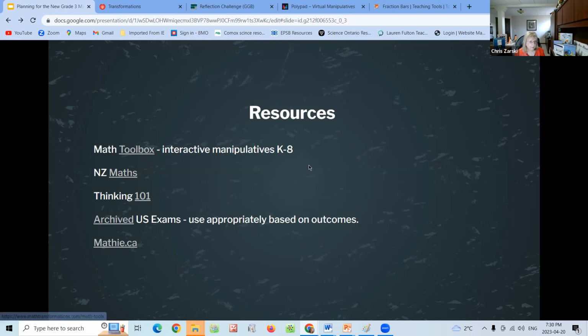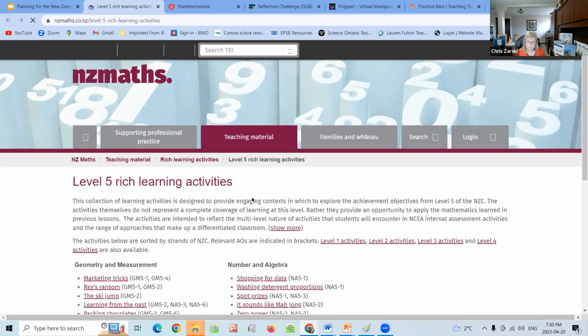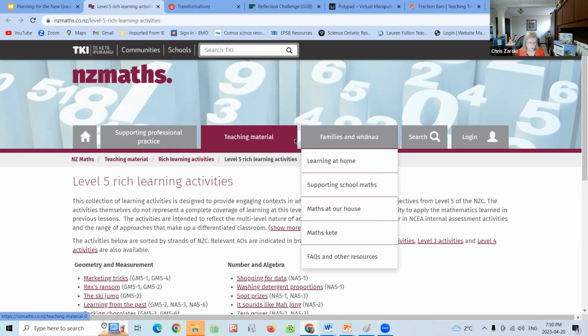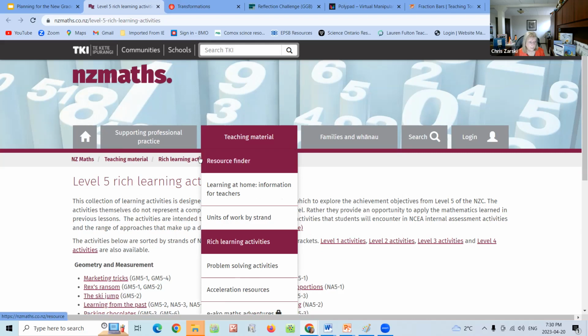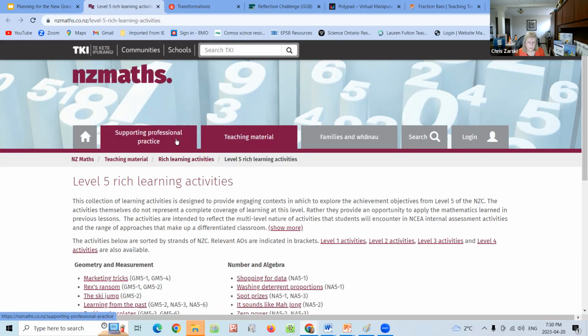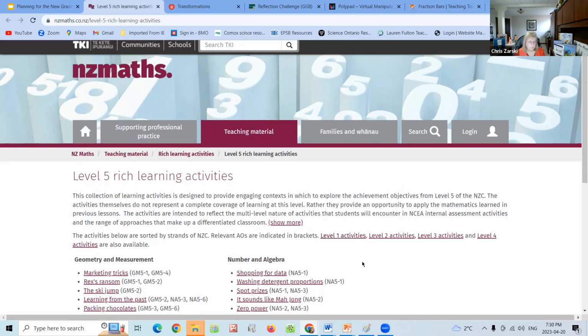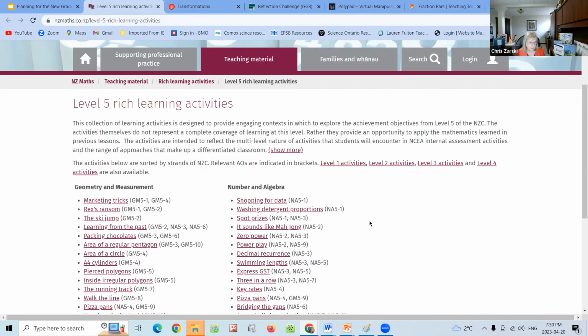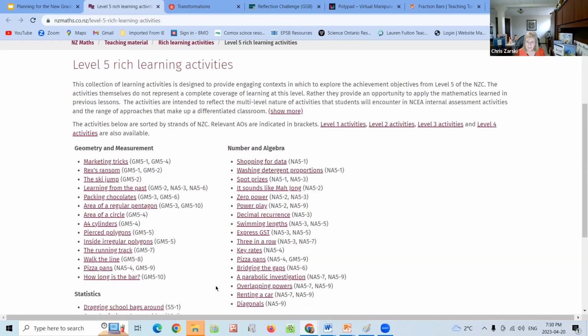So there are a couple of places. These are all links for you to go to, but I just wanted to highlight a couple of them. When we did Cuisenaire rods, we used the New Zealand resources, NZ Maths, but what we didn't do is just look at the math activities that they have provided for teachers. So outside of the manipulatives, I'm not too concerned about that. What I want to do is look at, you have teacher materials, you've got professional practice, they have videos in there. But if you come to where we are right now, the materials, they have done a number of tasks.